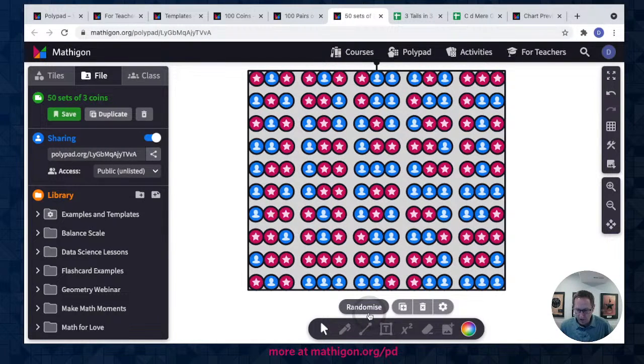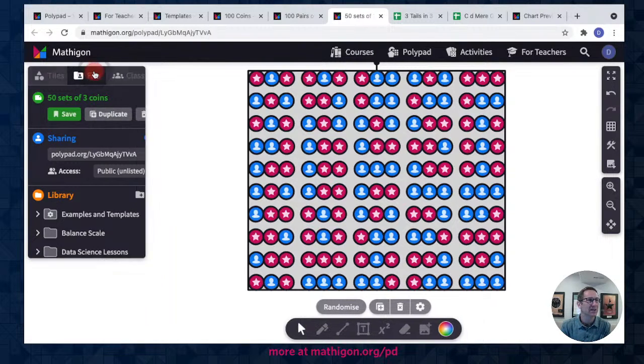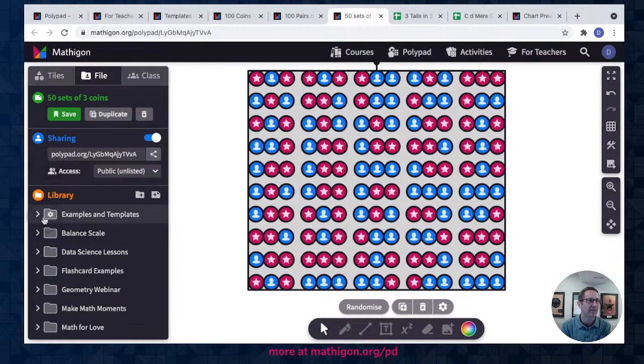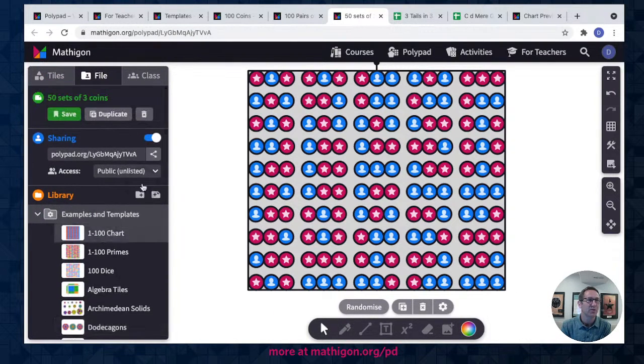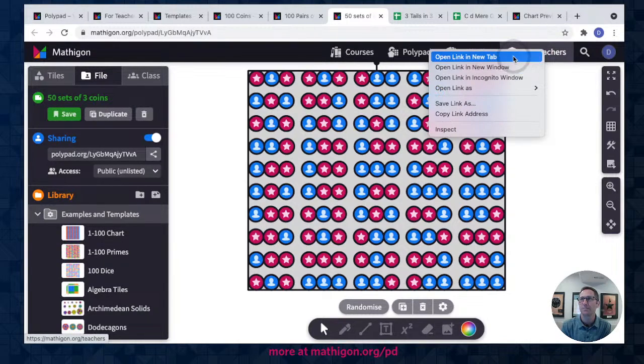In every person's Polypad, then go to File. Oh yeah, the templates directly. Thank you. Good question. So there's 2 ways to get the templates. One is under File. There is a folder called Examples and Templates. But the other way that I want to show you, if you go to the tab on For Teachers, so